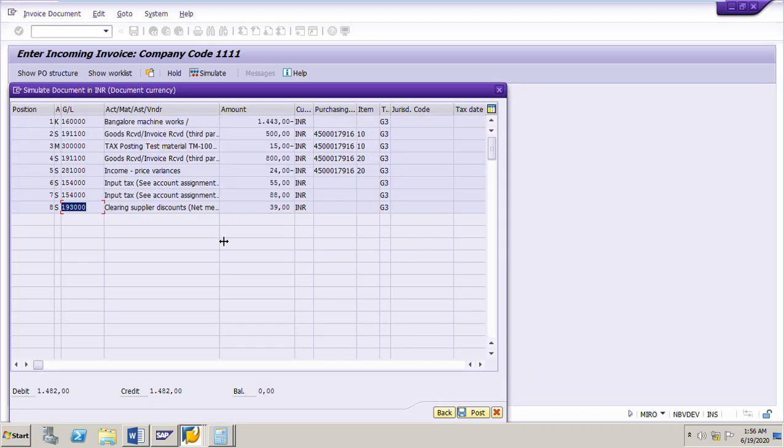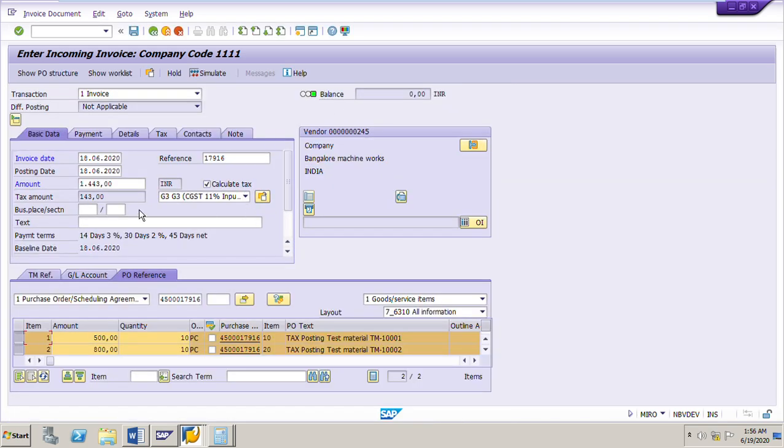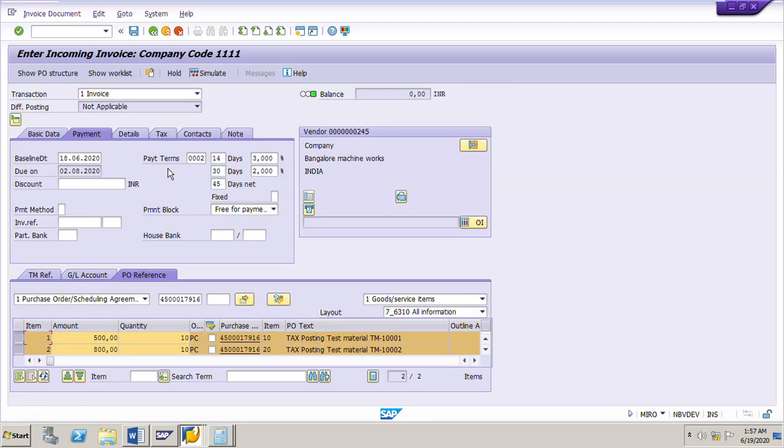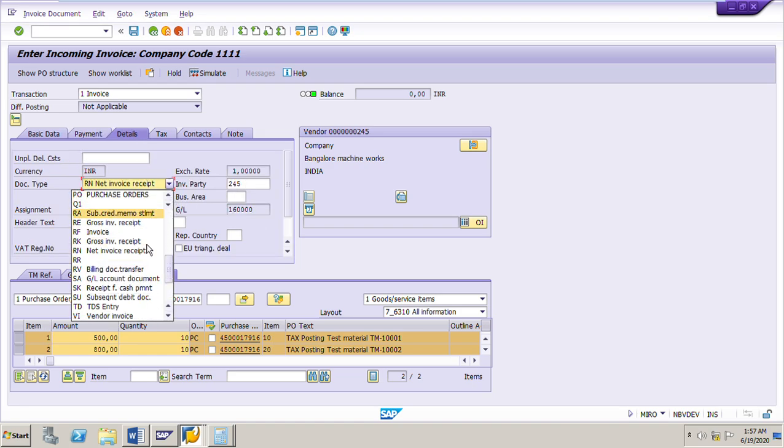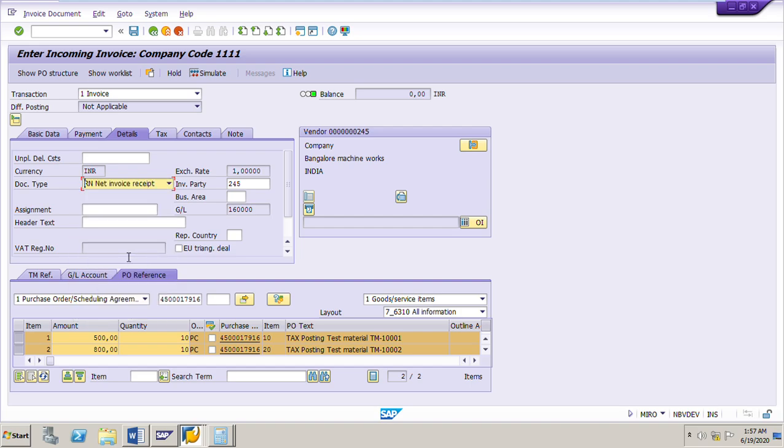Suppose we do not post the invoice net, and we post the invoice gross, then this will not be updated in a clearing account. For example, I will show that for your information. I will go to the details tab page here. If I choose by default net invoice receipt, enter. Okay, if I simulate,